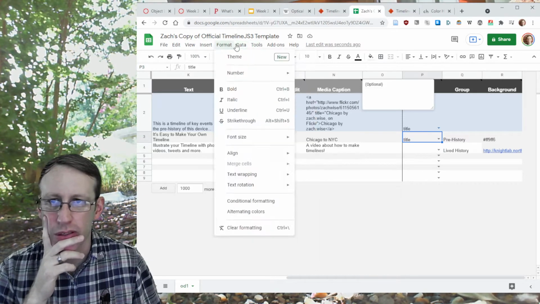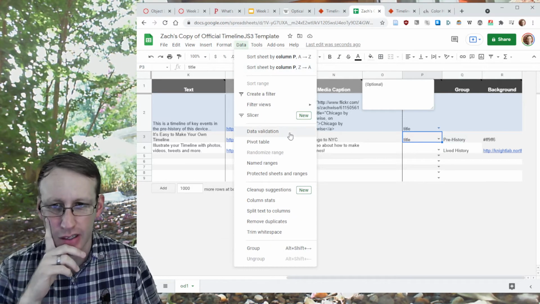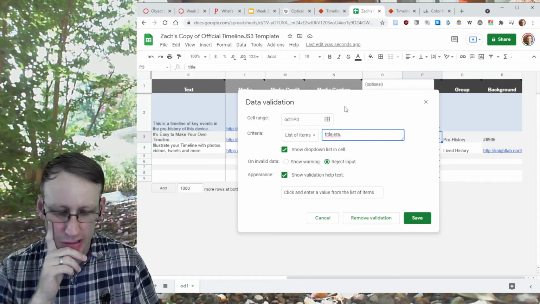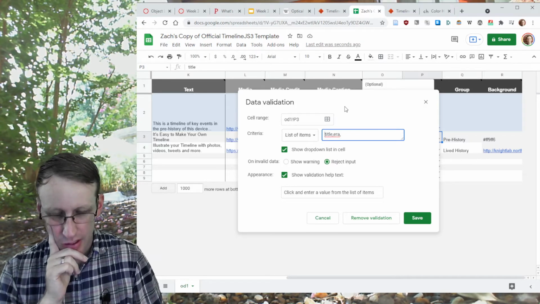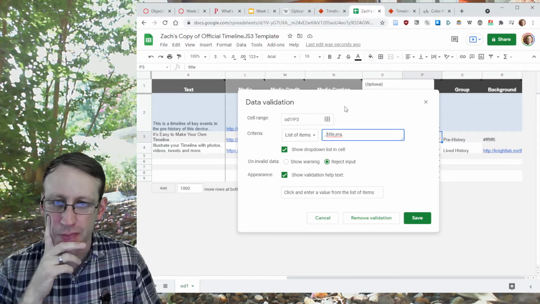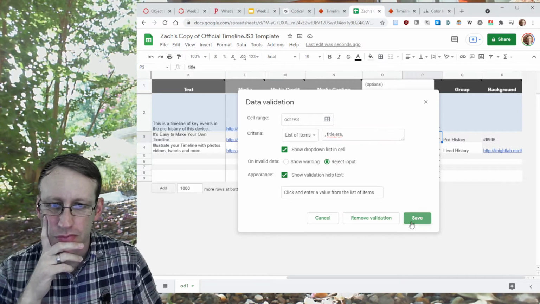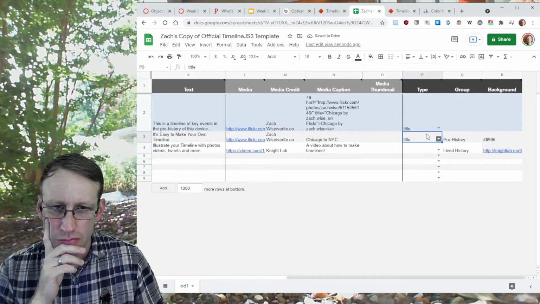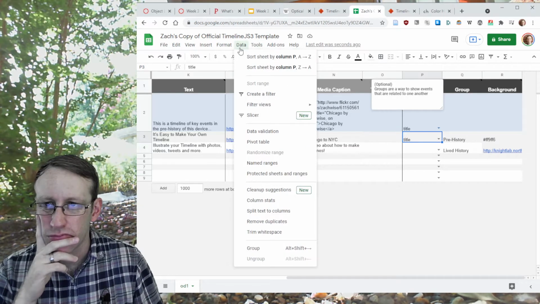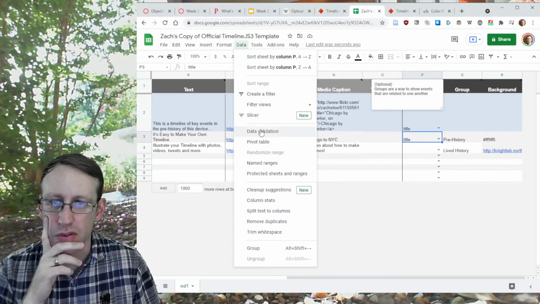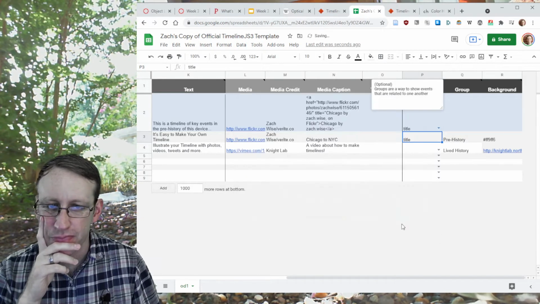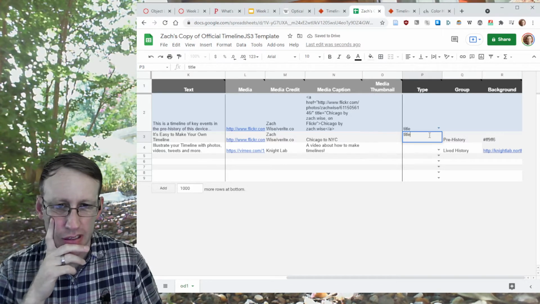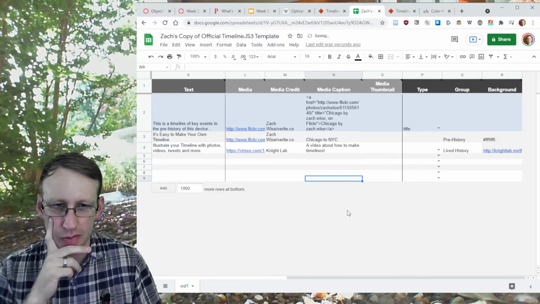You can't undo this, but I'm trying to just change the data validation on here so that it allows me to include a null value, which is what I need to put there. So you wouldn't have to do this normally if you don't do what I did. Like if you leave the type column alone, you won't have to fix that,